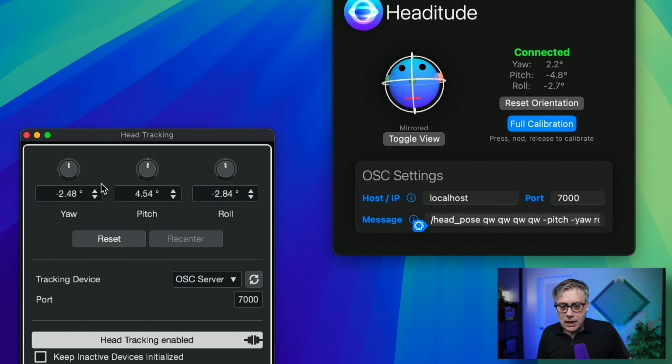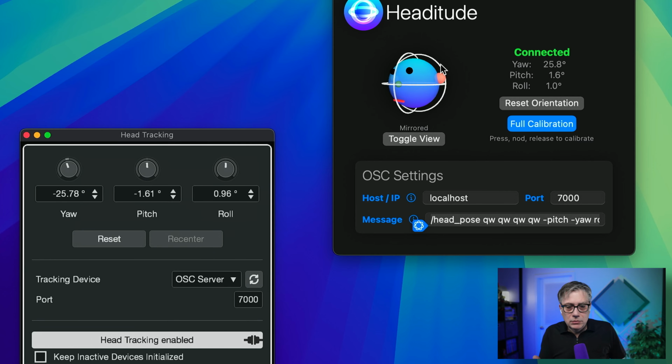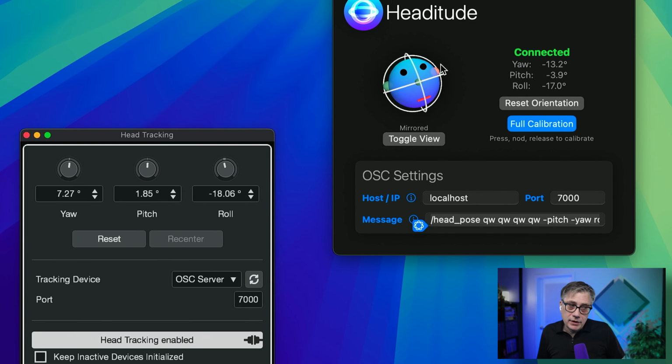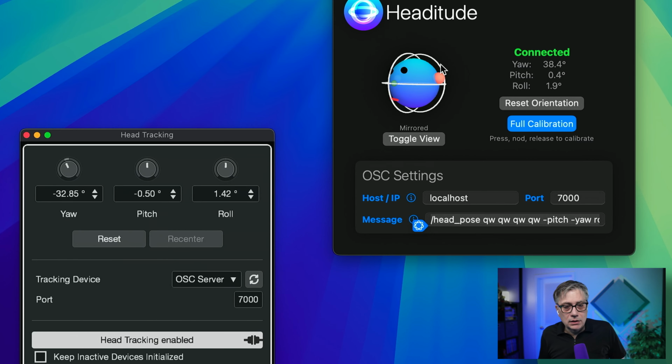What you would need to do is you would need to reduce the rate with which Headitude is sending OSC messages into Cubase. Now this can be done, however, it would require us to actually change the source code. I'm not going to do that in this video, but if it happens to you and you want me to show you how you can change the source code in such a way that it doesn't send as many OSC messages as it is sending right now, then just let me know and I can create a video about that. But in my particular case, this was actually perfectly fine. I had no issues whatsoever. I'm working with an M2 Mac and I'm having Cubase here and it runs perfectly fine.